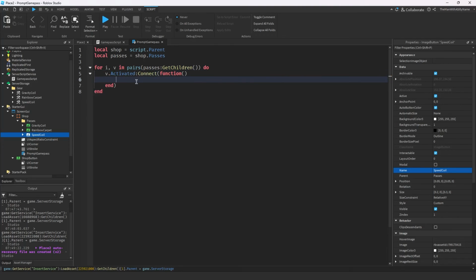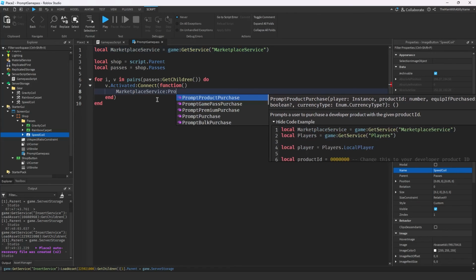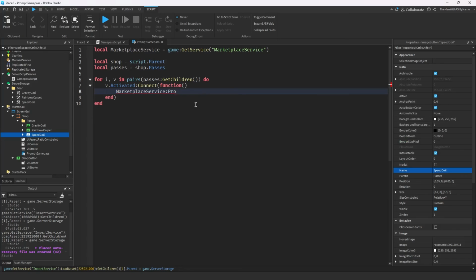And so when they click on the button, we want the player to be prompted to buy the Game Pass. So I'm going to add marketplace service here, since that's what we need to prompt the pass. All right, then we'll do marketplace service prompt Game Pass purchase. Make sure you don't select the other ones. It should be prompt Game Pass because that's the type that we're prompting. And then I'm going to do